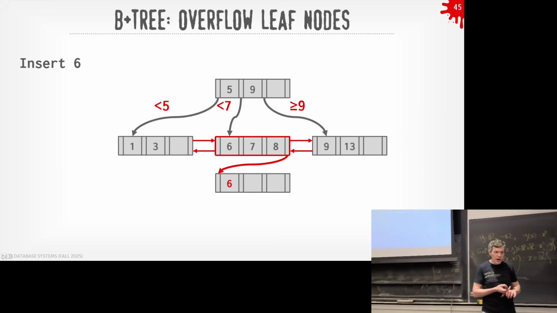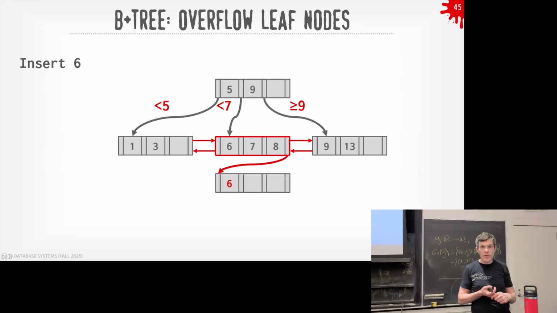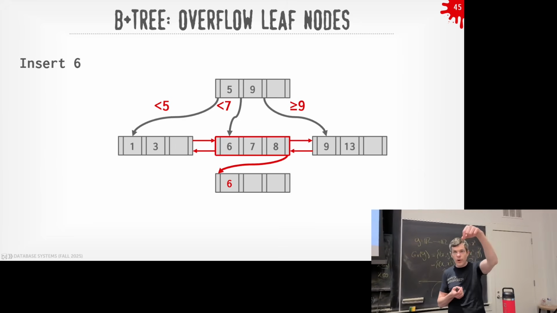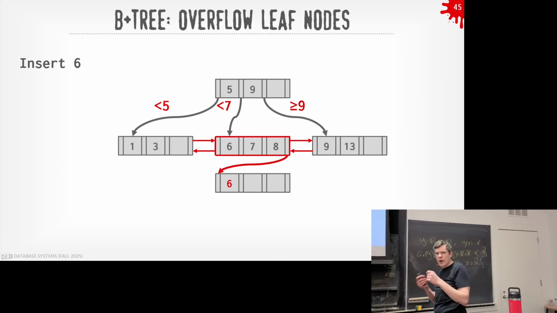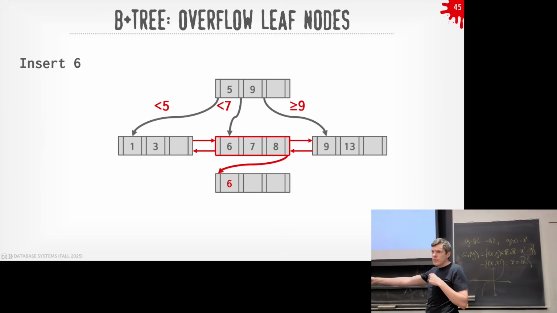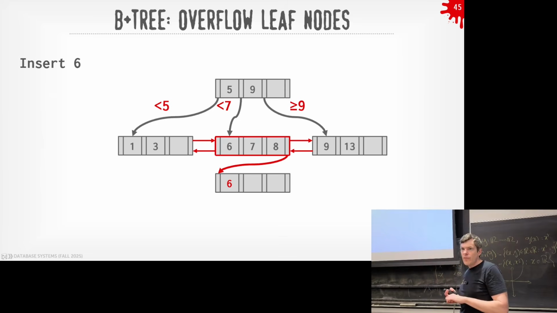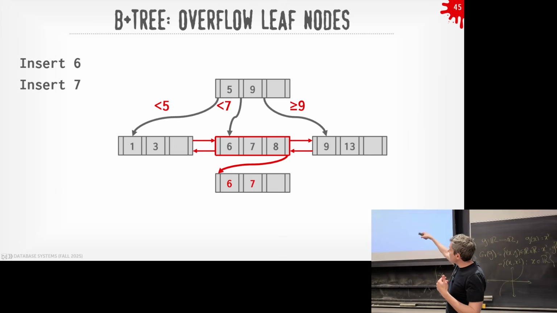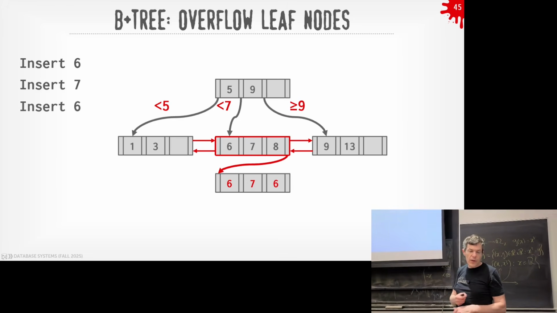This violates that log n lookup because now I have to jump to this one and maybe keep scanning. But it's sort of like the chained hash table where I can just keep adding buckets to my chain in order to accommodate overflow. It's basically the same idea. I'm going to start at 7, and so forth, same down here. So in this case, I can absorb a bunch of writes into this overflow leaf node, and I'm not changing any of the discriminator keys in my inner nodes up above. Insert 6, you do the same thing.